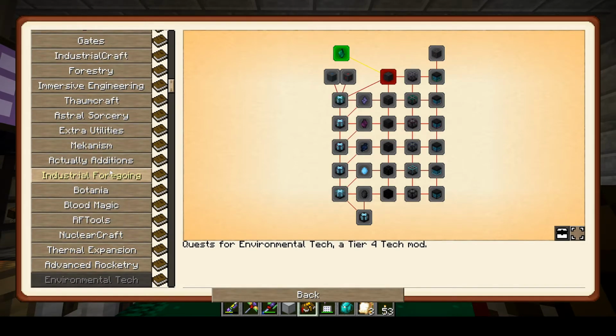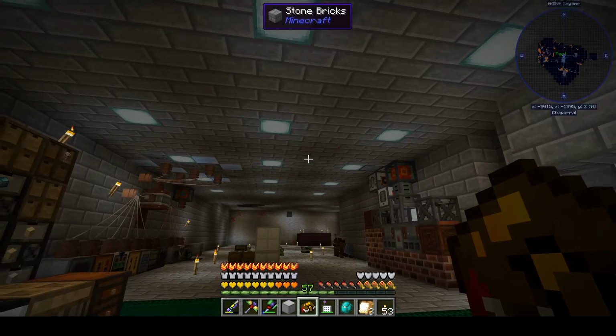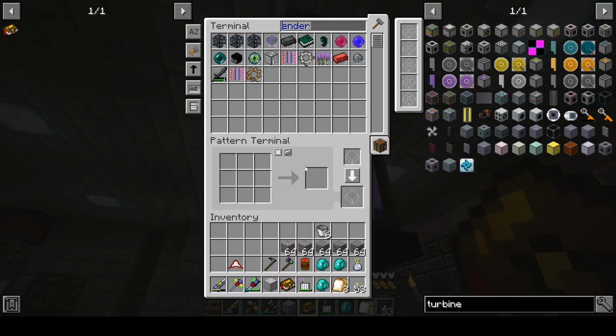Yeah, so I think absolutely the thing to be working on right now is, I already have my pattern terminal here, so I need to make a bunch of patterns, make a bunch of ME interface, run cables for power and ME all throughout a base, get things organized for a more high-tech base, and